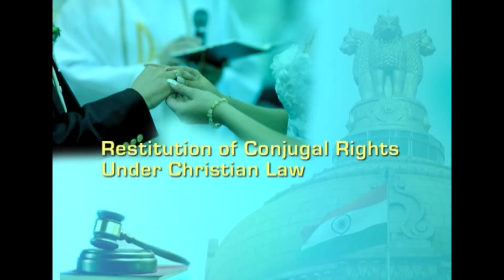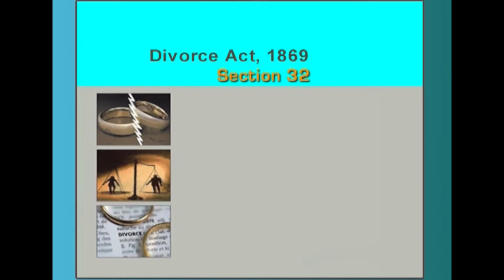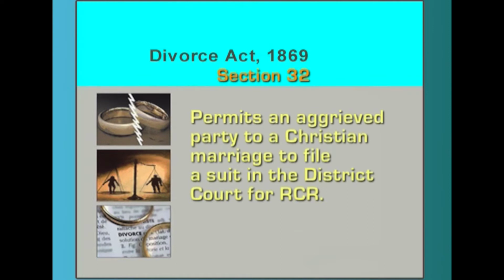Under Christian law, Section 32 of the Divorce Act 1869 permits an aggrieved party to a Christian marriage to file a suit in the district court for RCR. On being satisfied of the truth of the statements made in the petition, the court may decree the suit accordingly. Section 33 permits the parties to plead the grounds of judicial separation or nullity of marriage as defense